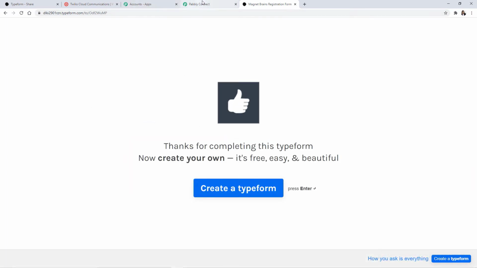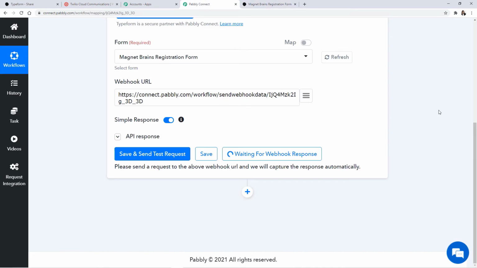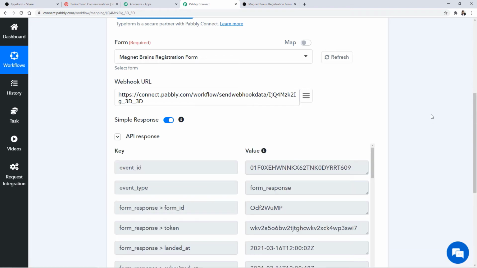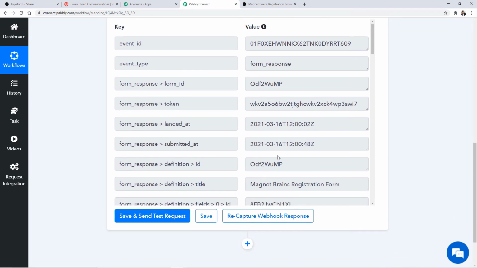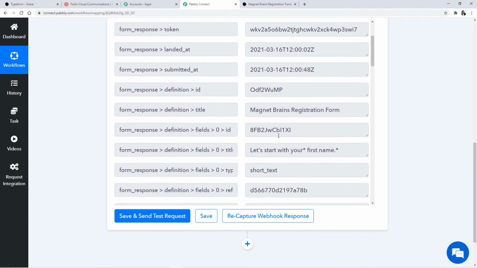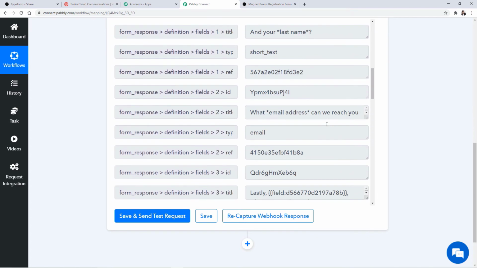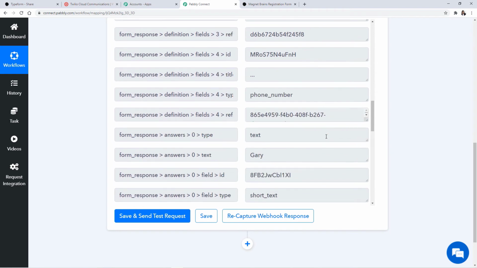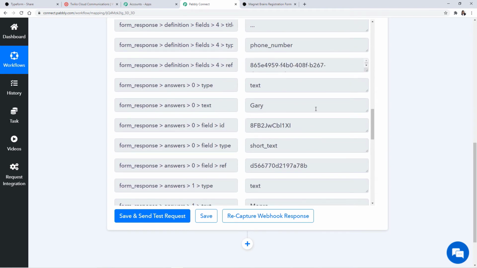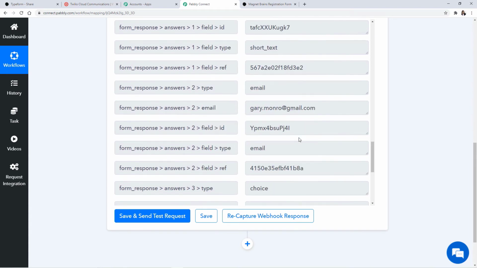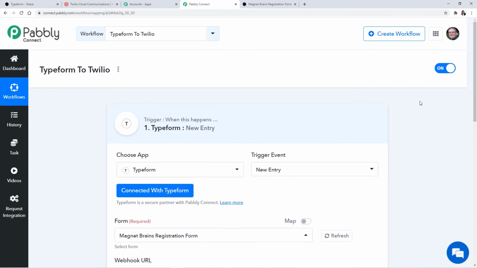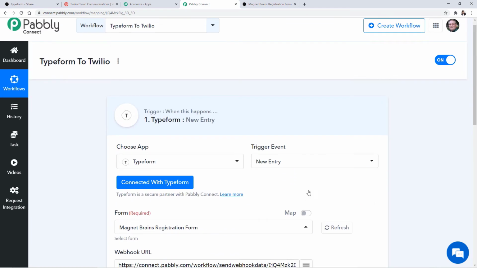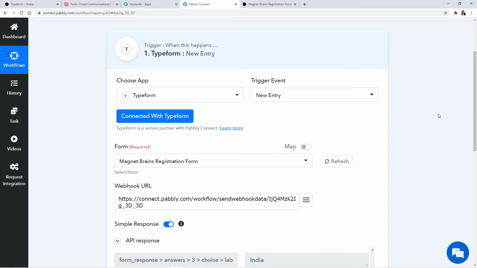Okay. Moving back to our Pabbly Connect account, let us see if the webhook response has been generated or not. Okay, so as you can see, the API response has been generated and some of the details have been captured by Pabbly Connect. Let us see, this is a form name. The details that we filled in. How about searching for Gary? Yes, Gary is here, the name is here, the last name is here, the email address is here, and the number details that I actually have filled in. So at this stage, we have successfully integrated our Typeform form to our Pabbly Connect account,